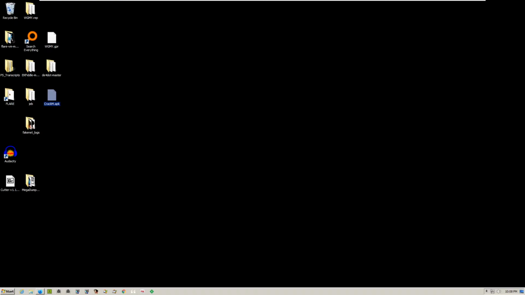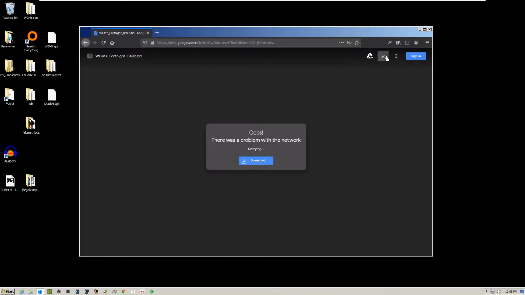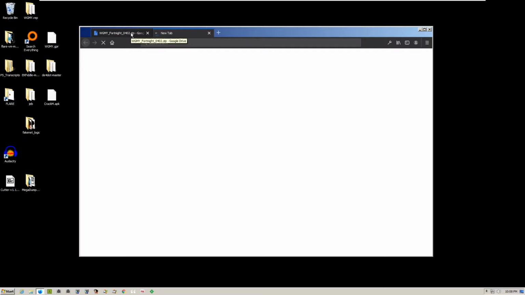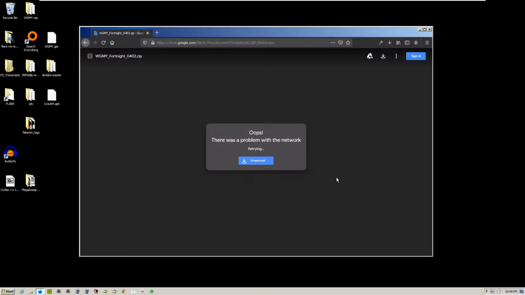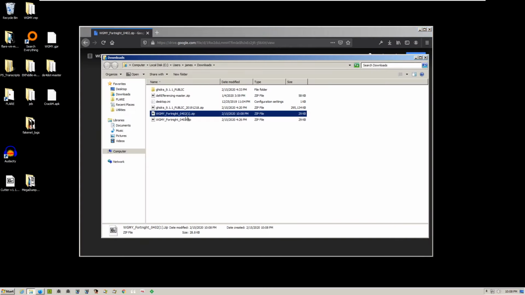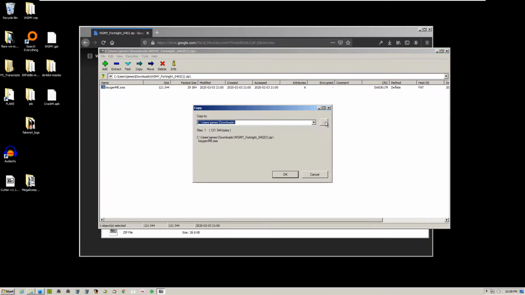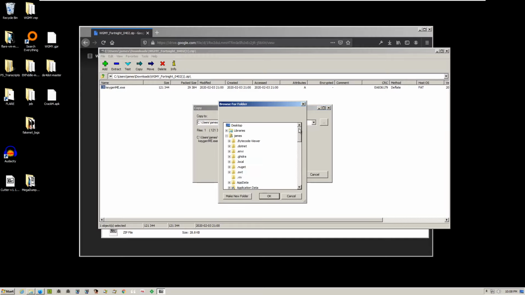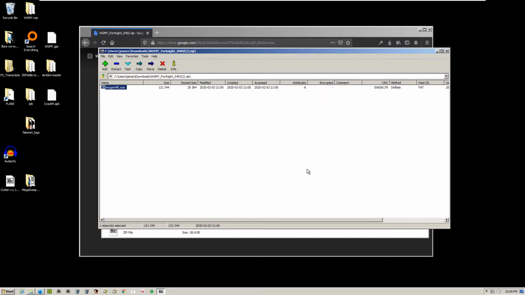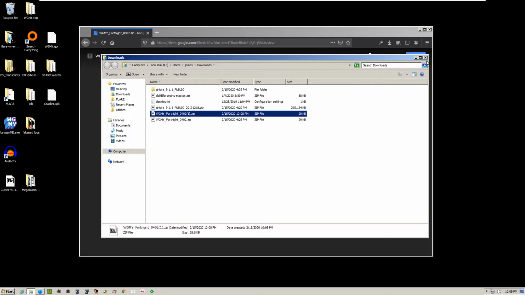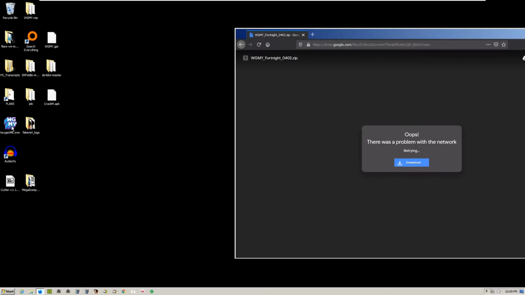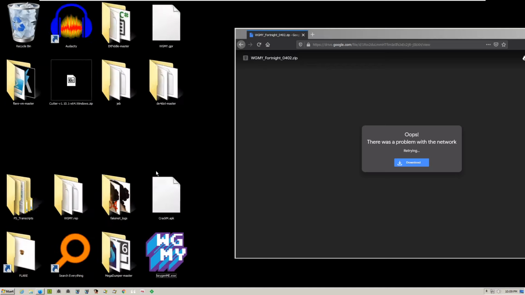Okay, so I'm going to download the binary here. So the binary is here, and we are going to start looking at it. Okay, we already have this one here. So I'm going to open it and extract it onto the desktop. Okay, now let's look at it. So we have the challenge here,